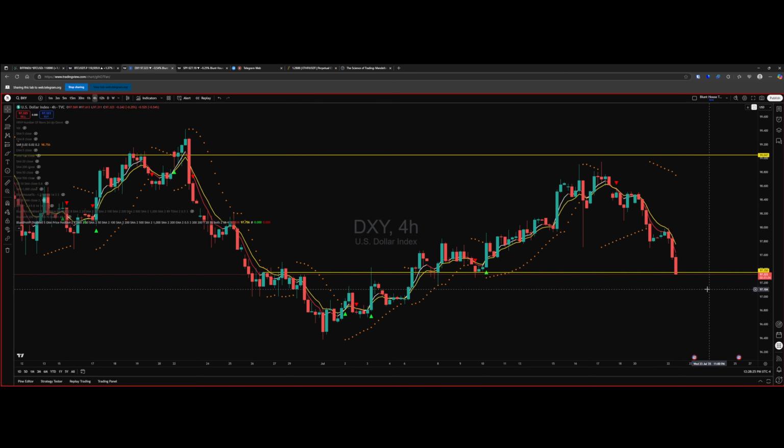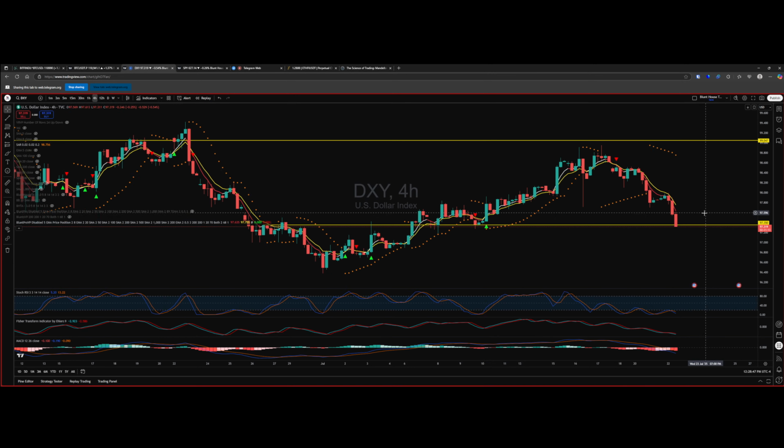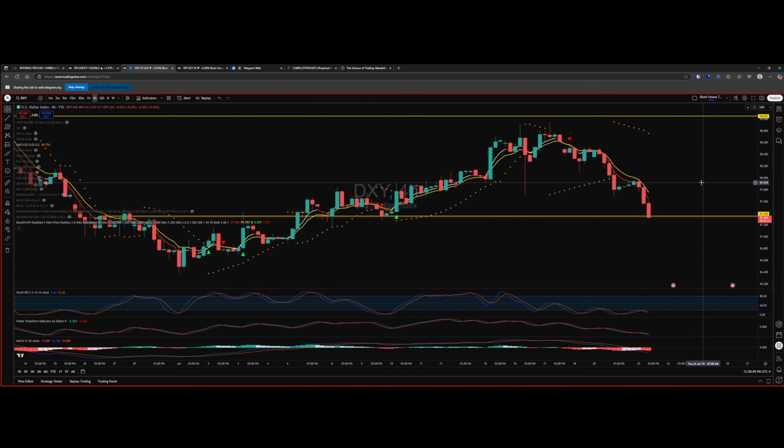So what do we know? Part of the reason why this level is here is because what we were looking for is price to take out the previous wave's low, which is down here. And that previous wave's low just happens to be 618 to the penny. And we've done that. What we don't know is, does the move continue?